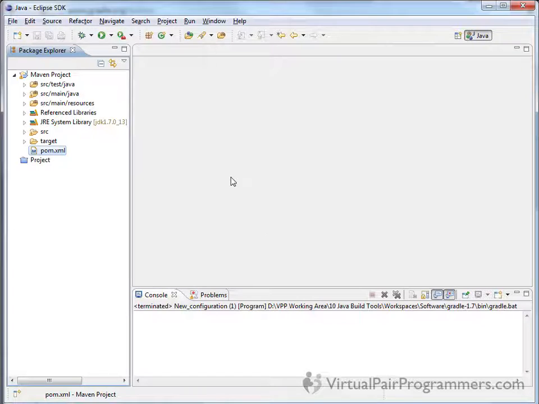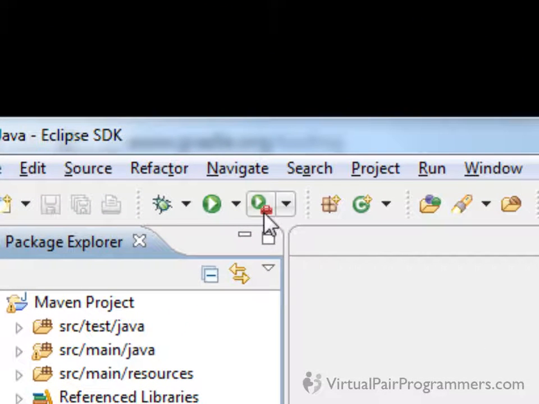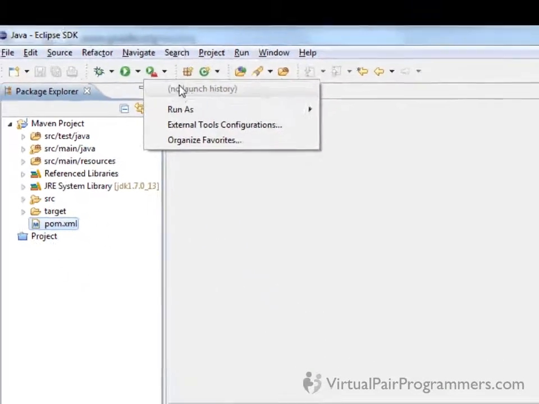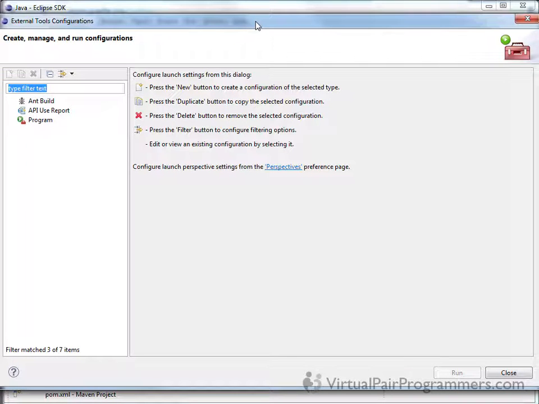If you go into Eclipse, you can simply click on the drop-down list here on the External Tools button. I'll zoom into this area a bit so you can see it more clearly. The External Tools button here is the button with the small toolkit. That's the red blob there. And we used that earlier in the Ant part of the course. If you drop down the list and select External Tools Configuration, you can very easily run Gradle by clicking on